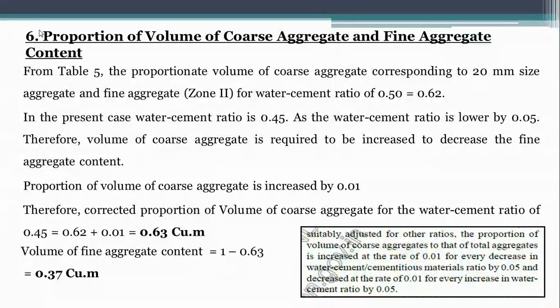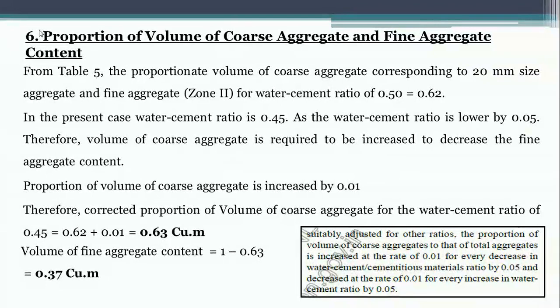Okay, so in the first data you referred, it is a non-pumpable concrete. In the first data only we have referred it is method of placing it by chute. So chute means it is non-pumpable, not pumpable concrete. If it is non-pumpable concrete, then there is no need to reduce the volume of coarse aggregate by 10%. In the first problem we did that, because in the first problem it was pumpable concrete. So as per the codal provision, we have to reduce the volume of coarse aggregate by 10%.